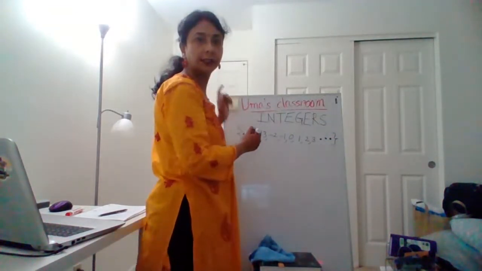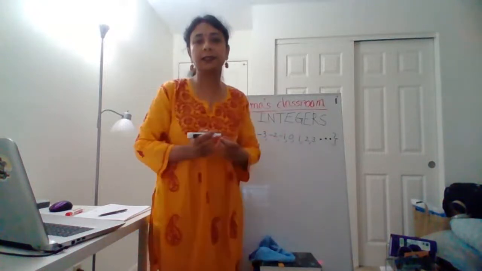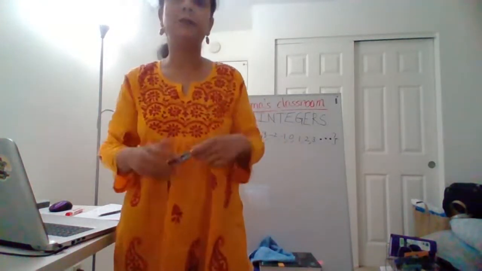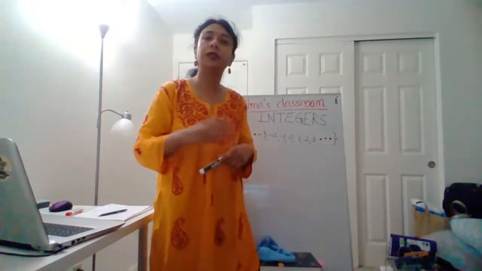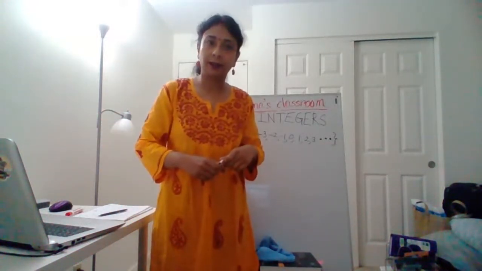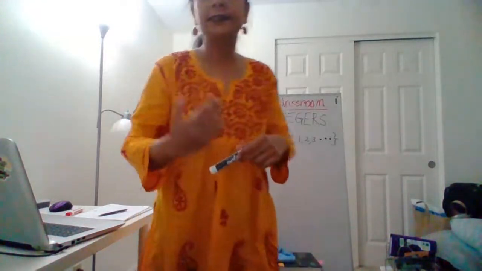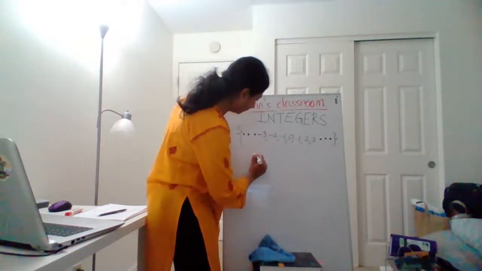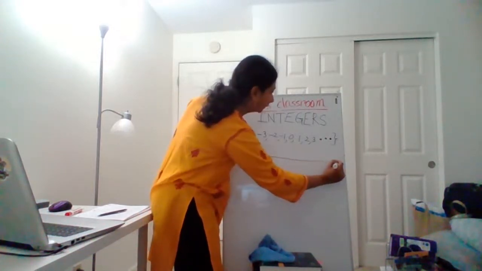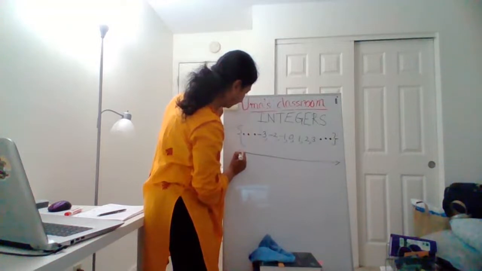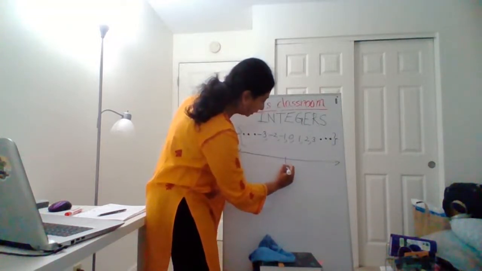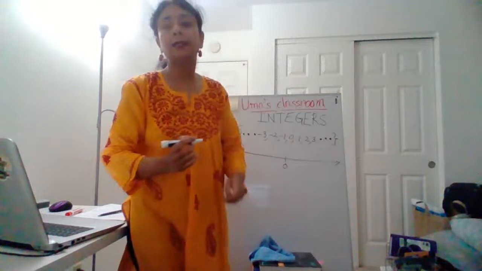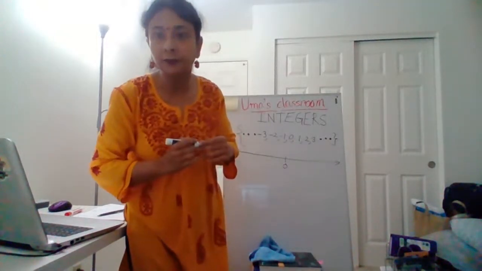Actually, these 3 dots at the beginning and at the end are referring to its limit as positive infinity to negative infinity. Now, let's see how we can represent integers on a number line. If we want to draw a number line, it would look like this. Suppose this is 0. We all know that 0 does not have any